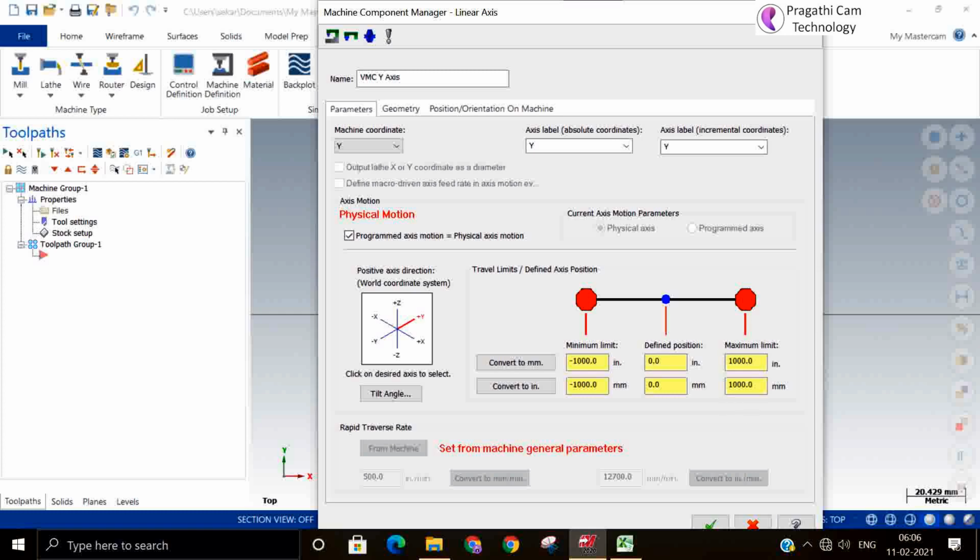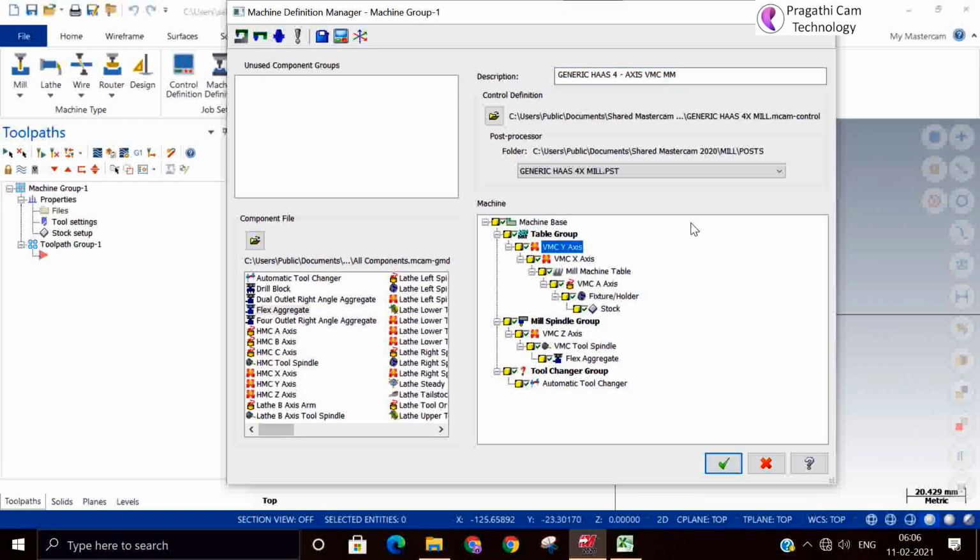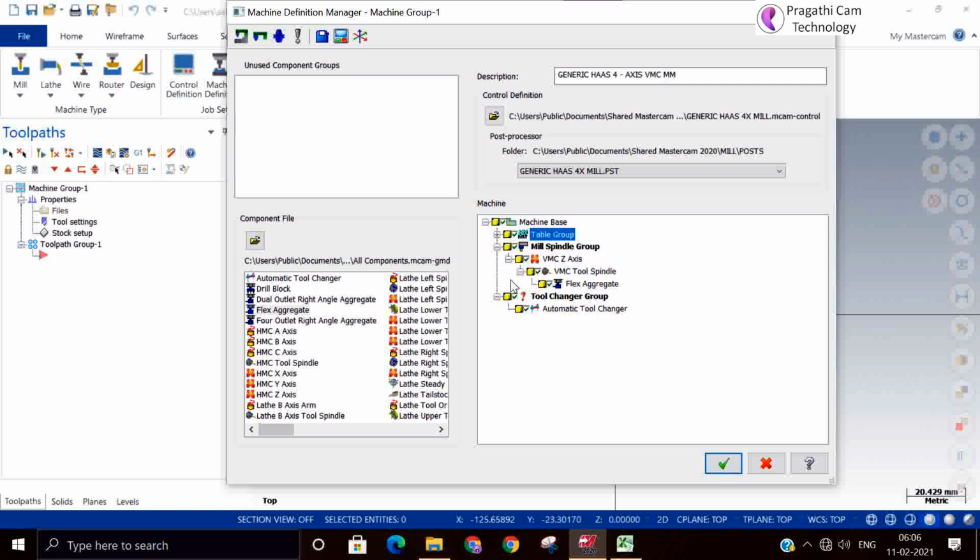Just for the knowledge, I am just exploring, and there are so many things there, but don't change anything. Just try to understand what is machine definition. So all information about your machine you can input here, and you can customize as per your machine. Okay.